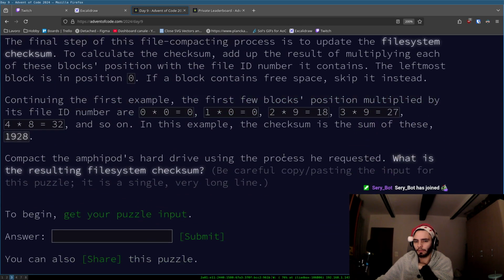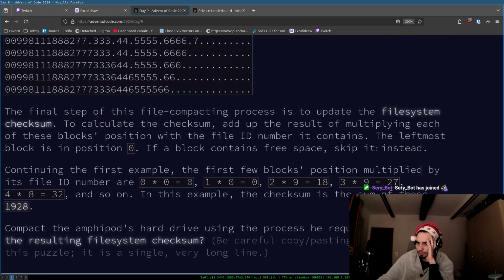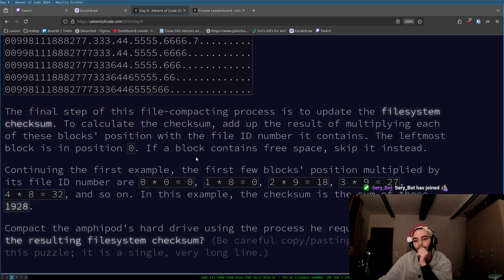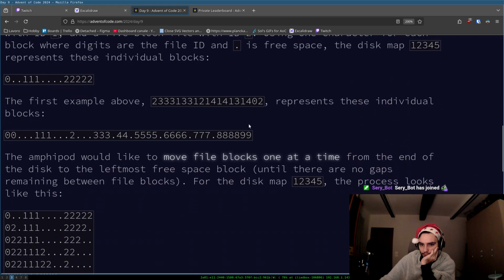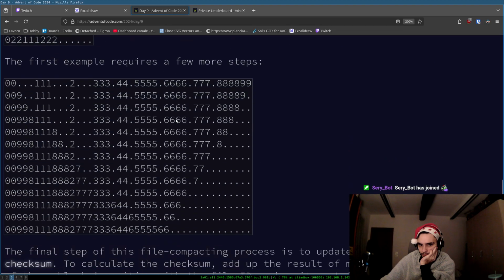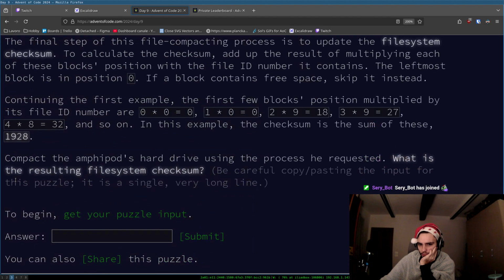The position multiplied by the file ID numbers are 0, 0. Calculate the checksum, add up the result of multiplying each of these blocks' position with the file ID number it contains. The leftmost position is position 0. If a block contains free space, skip it instead. So, okay, we can pad it with dots. In this manner, we remove the whole concept, but guessing after the order,